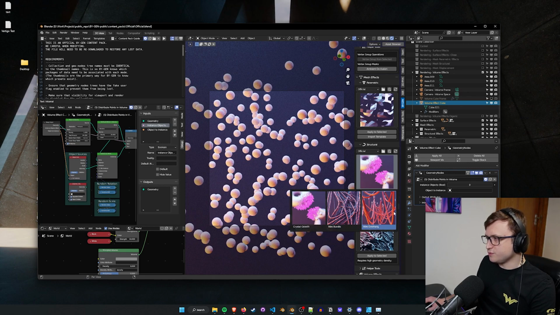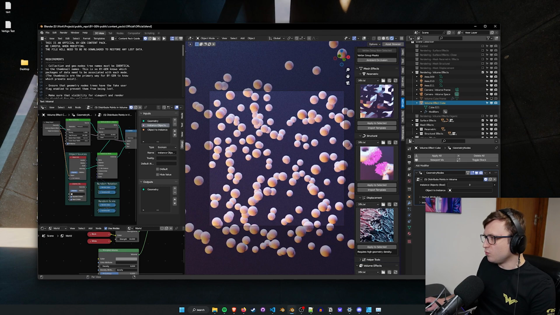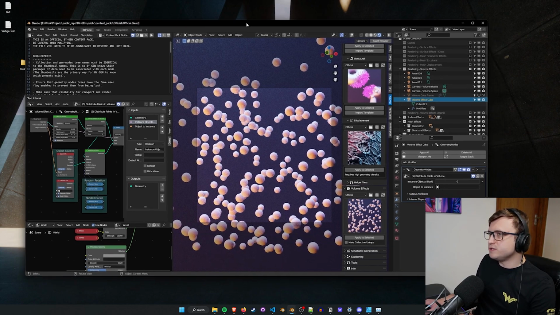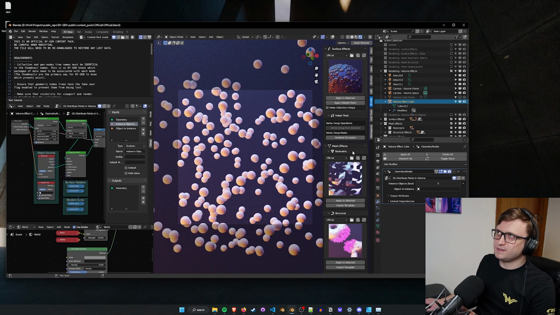Under the structural, there's very limited stuff here. Crystal growth, which is a proximity one, and a couple of wire effects. And under the volume effects, again, we just have a few of the same functionality and a new one here. So what I wanted to do was replace all the presets, maybe not all of them, but most of them,